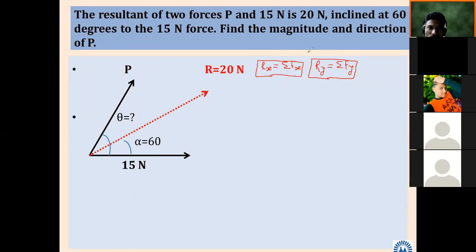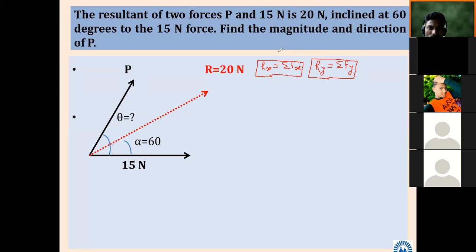What I am telling, once again I will tell: the X component of the resultant is equal to the summation of all X components of the forces in a system. This is the sentence, what the definition of resultant is telling. How does it come? Have you understood this? Two equations: Rx is equal to summation Fx, Ry is equal to summation Fy.